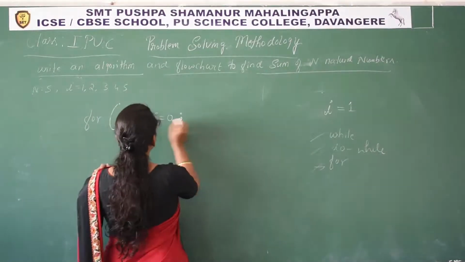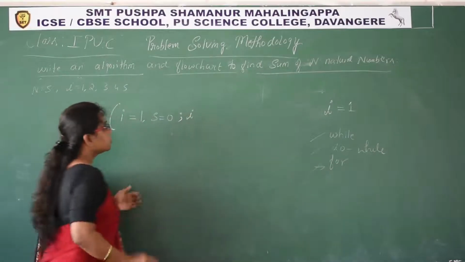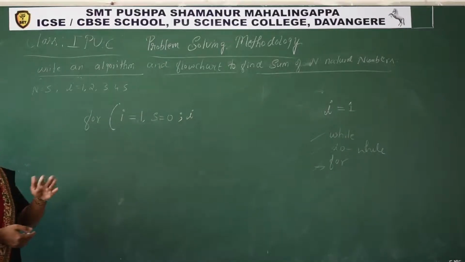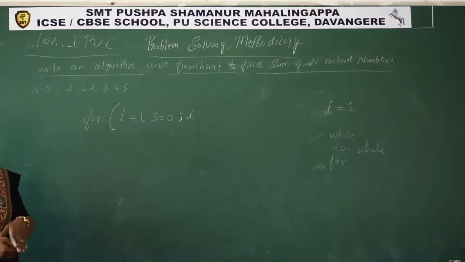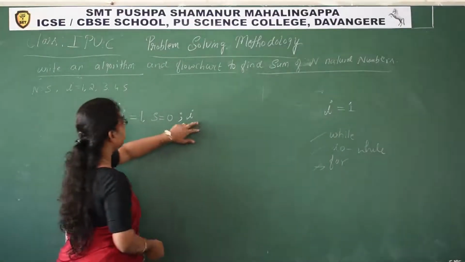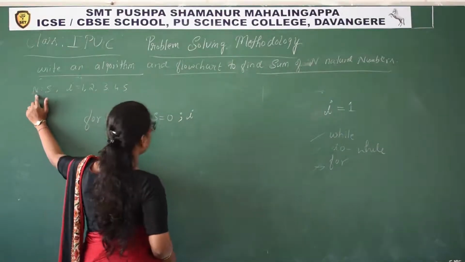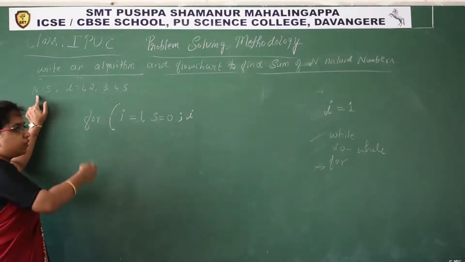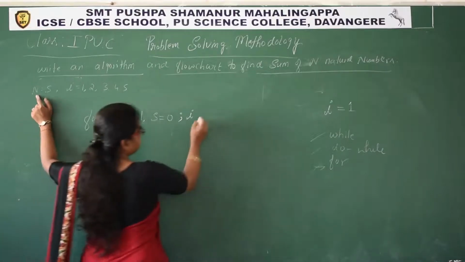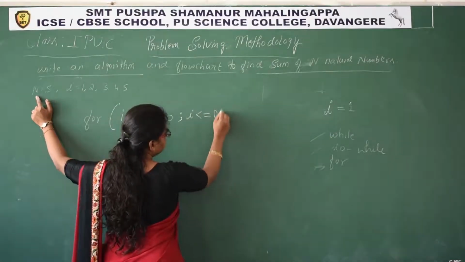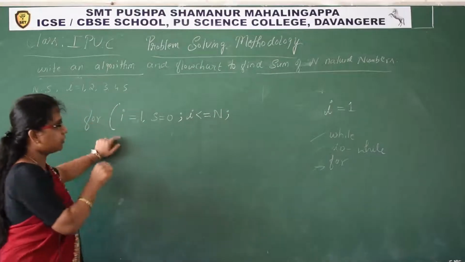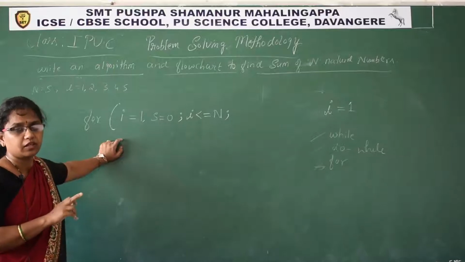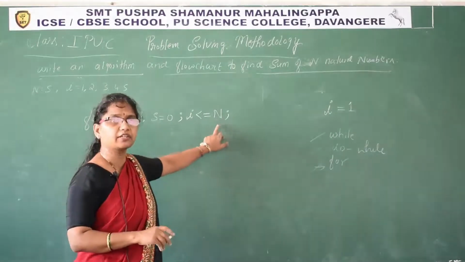That's why, how can I write the condition here? So for what values do those statements have to execute? If I value is less than 5 or equal to 5, you should not write 5 directly, because 5 is represented by n, so that if the user gives a different value for n, that code will work properly. I less than or equal to n. Instead of n, if I write 5, it executes only for the first 5 integers. If you write n, whatever the value of n, it executes properly.